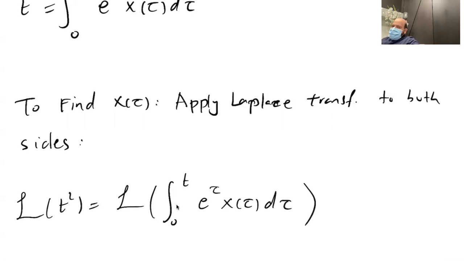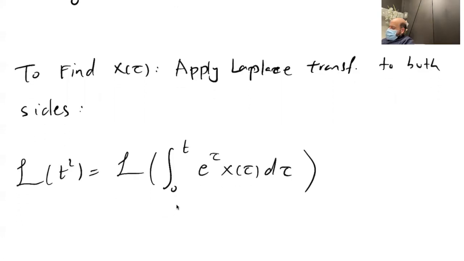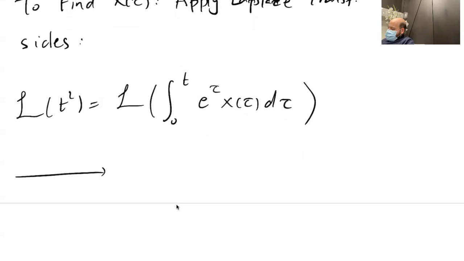Now, the Laplace transform of t squared, we have a formula for it in the table. The Laplace transform of t to the power n, we know it's n factorial over s to the power n plus 1. So this will be 2 factorial over s to the power 3, or 2 over s cubed, equals,